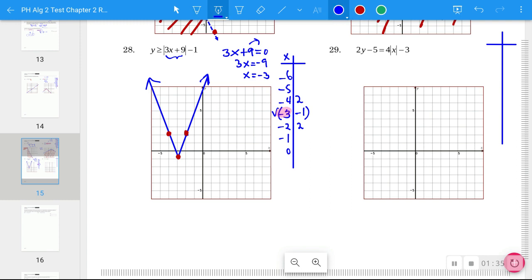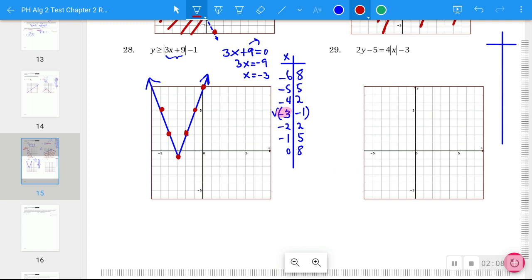Okay, plugging in negative 1 this time. This part here would be 3 times negative 1 would be negative 3, plus 9 would be 6. The absolute value is still 6. 6 minus 1 is 5. So you get 5 on those two, and that would correspond to these 2 points right here. And then to close it out, you have 0 going in, and you'll get an 8 answer if you plug that in. So we get 0, 8,